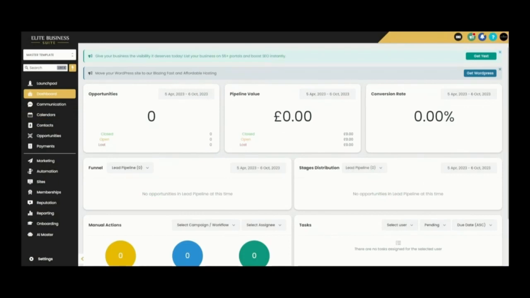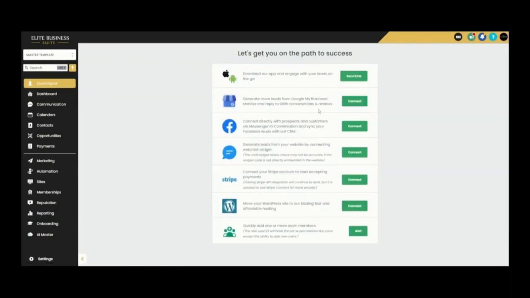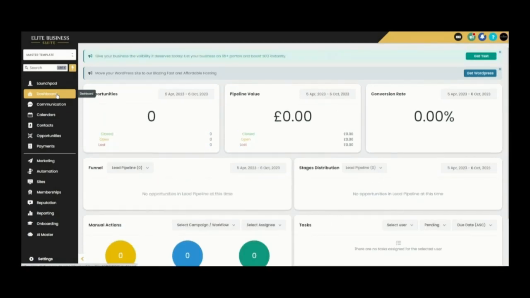Right, in this video, we're going to do a very quick bird's eye view of the entire Elite Business Suite software. So you've got initially the Launchpad. Launchpad just allows you to connect your main things. Then you've got the dashboard. The dashboard will have all of the stats and the metrics